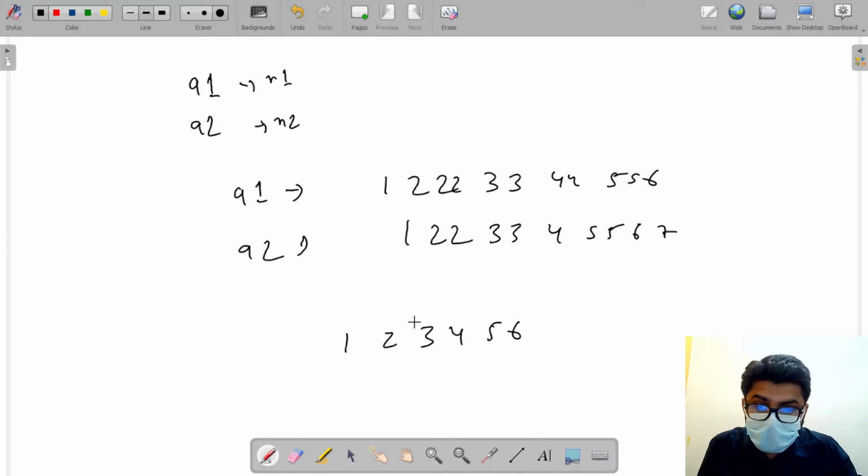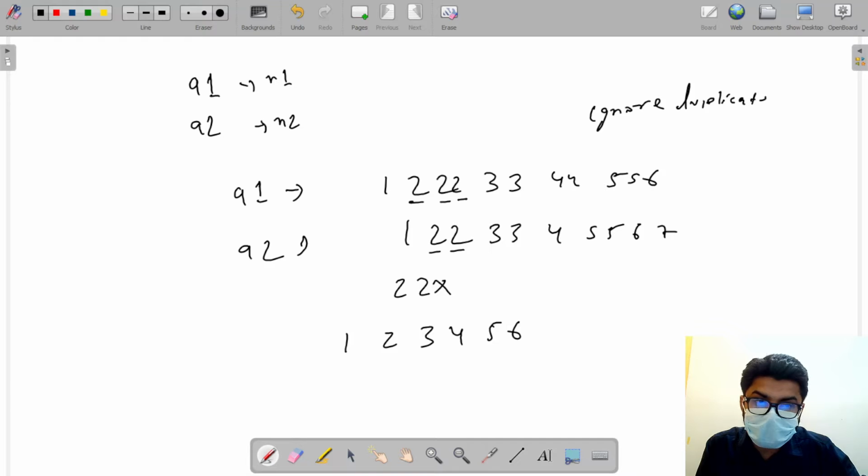What we have to consider here is that there might be some numbers which are repeated in that array, so we don't have to print the repeated occurrences. What I mean by that is, here 2 appears 3 times and here 2 appears 2 times. One would think that 2 is common 2 times, so we have to print it 2 times. No, that is not correct. We only have to print common elements one time. That is, we have to ignore the duplicates.